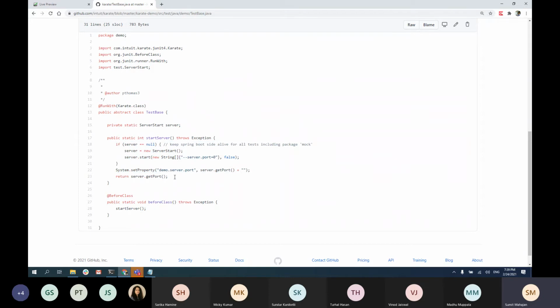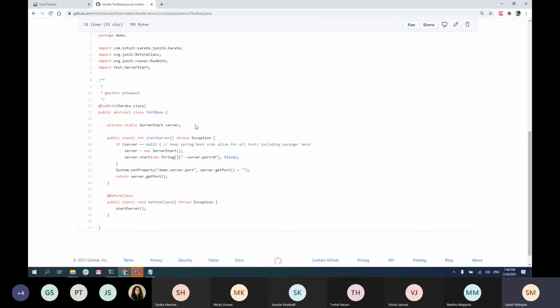So before executing any test, let's assume this one is start server. The first thing it will do is start the server. Let's assume there is a server that needs to be run before your test is executed. If you are using anything inside test base, that will happen first.